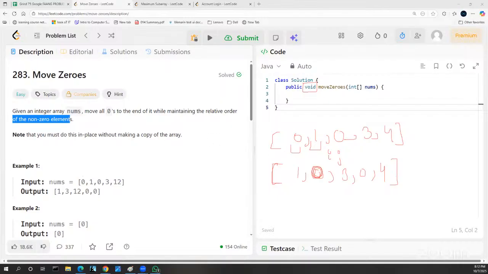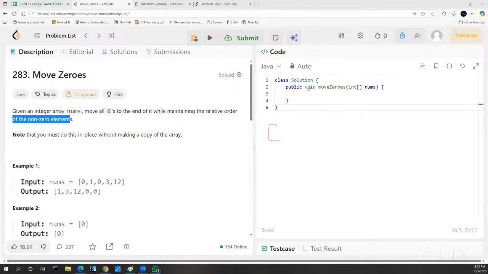So a better approach would be you can actually do it with a single for loop, but I'm going to do it with a while loop. One more way that we can do it. Maybe we can check all the non-zero numbers, and if we are allowed to have extra space, then we can append all non-zero numbers in a new array. Oh, so we cannot use extra space. Then what we can do is,